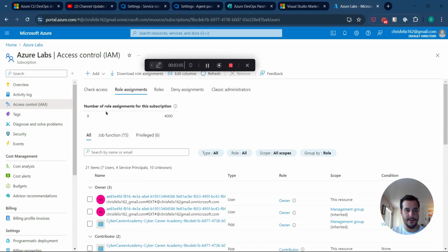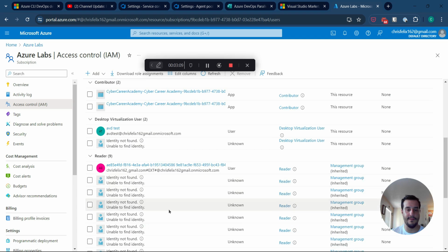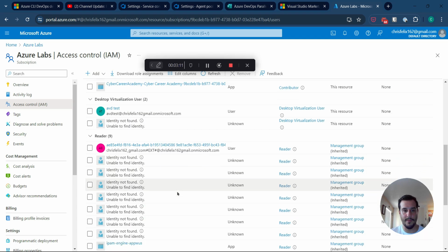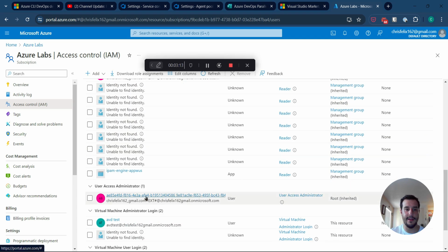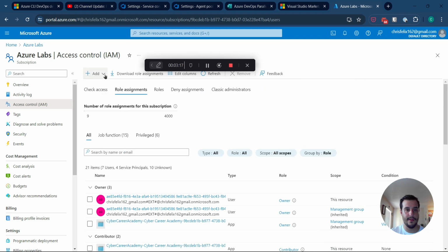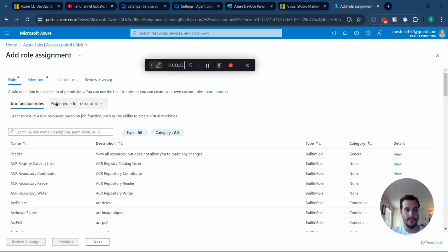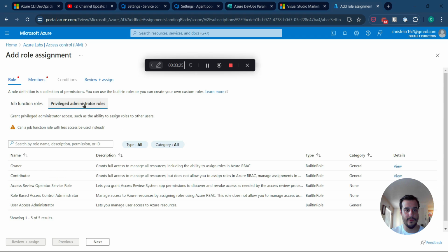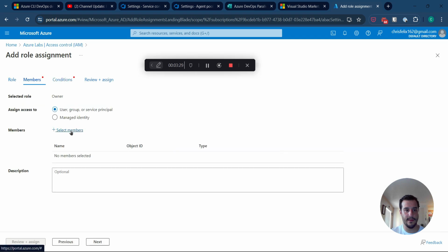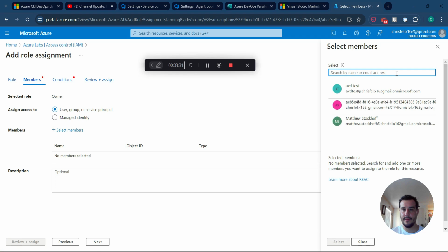You might need additional permissions if you're going to be giving write permissions, you're going to need this permission here. So you're going to add role assignment, privileged administrator roles, owner, next, select members,